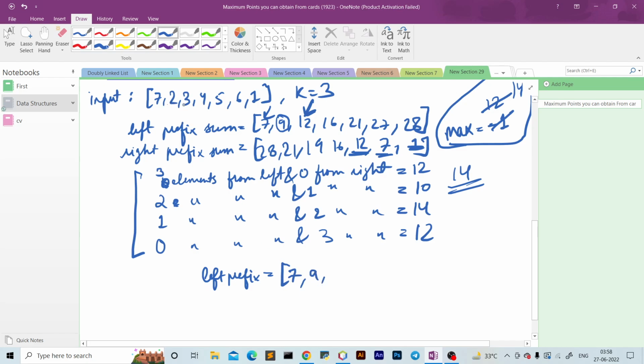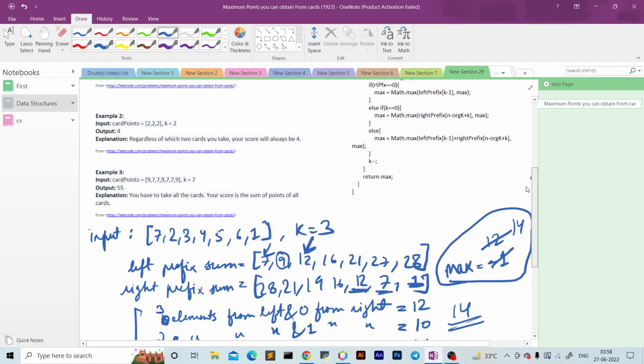be 9. Then for this 3 it would be 9 plus 3, which is 12. For this 4 it would be 12 plus 4, which is 16. Similarly 16 plus 5 is 21, then 21 plus 6 is 27, 27 plus 1 is 28. So this is how we can calculate left prefix, and similarly we can calculate right prefix